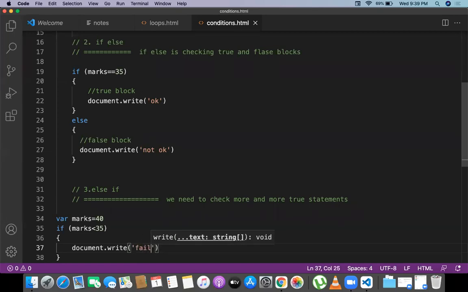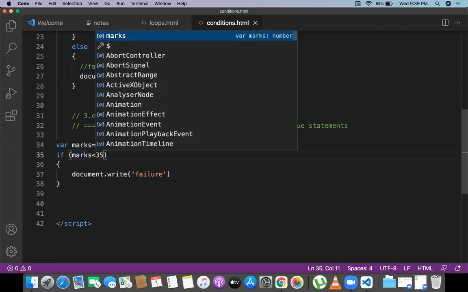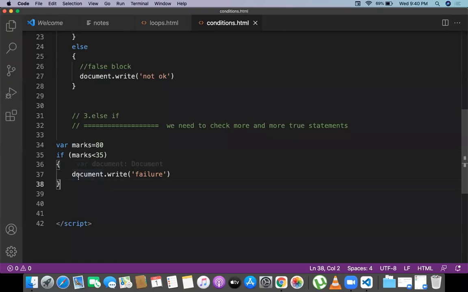Marks less than or equal to 35, so he is a failure. So this particular block is going to execute, giving failure. Okay, let me give the marks as 80. So if marks less than 35, document.write failure.